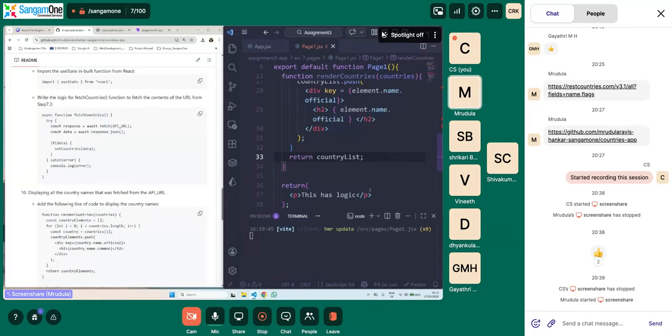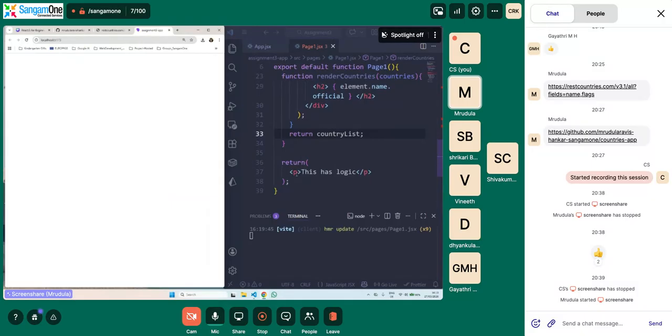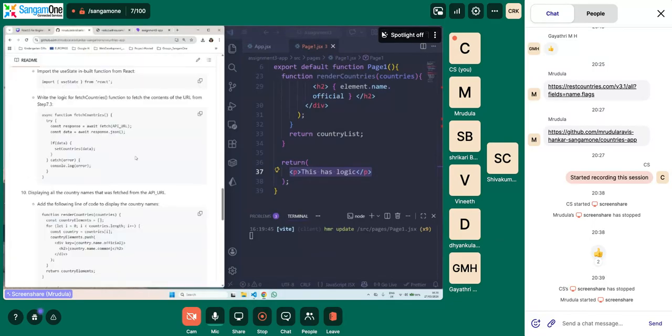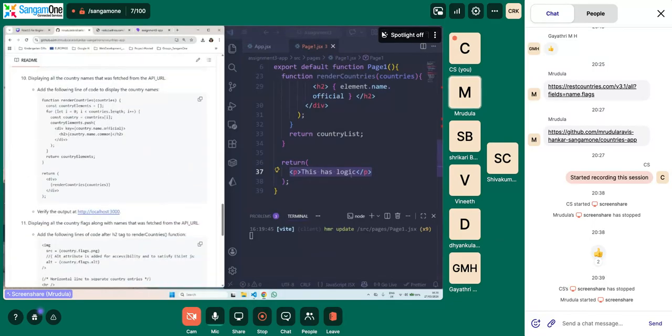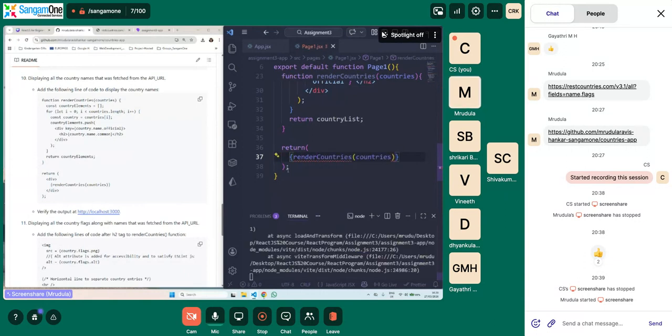Okay, now we have the logic, but we still haven't displayed it on the screen, correct? So for that, we are going to go to the return statement here, and then we are going to call this function, and we will call this renderCountries.